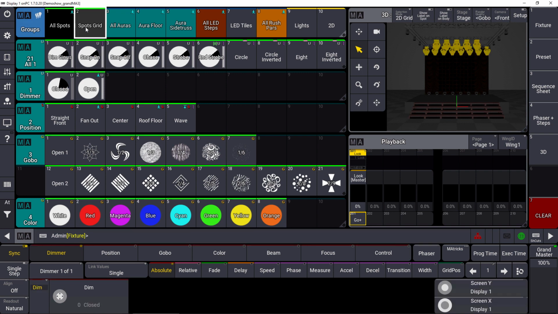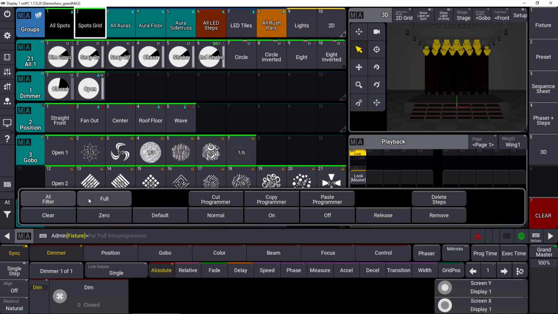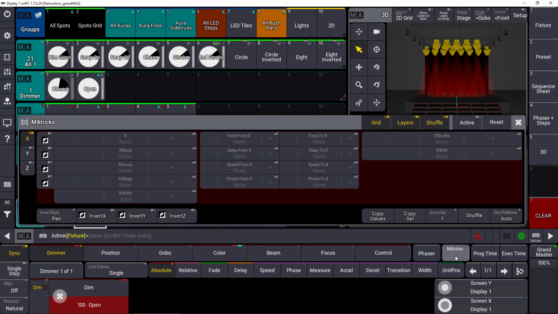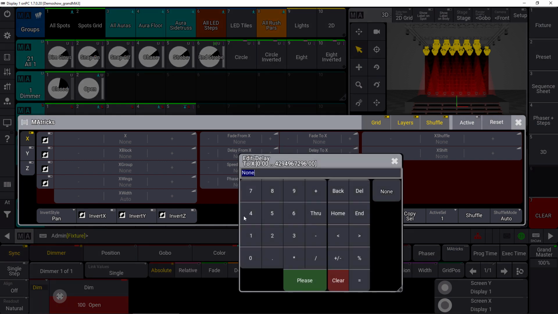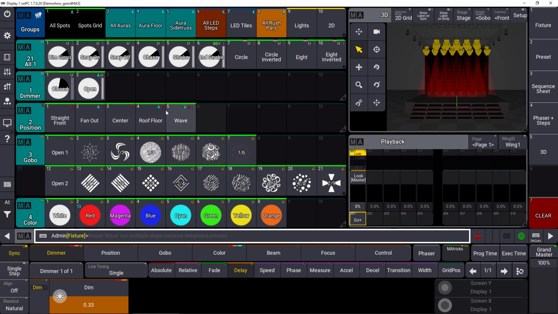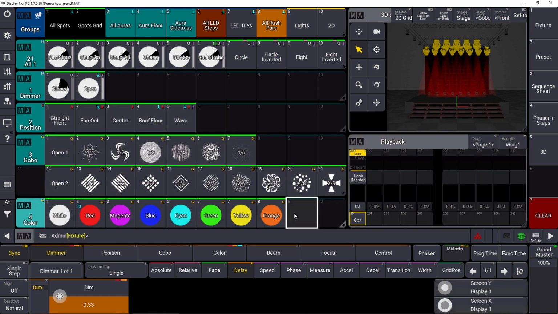We have our spots, we bring them to full, and we put a nice red color on it. Now we can use the MAtricks overlay. In the MAtricks overlay, we set a delay from 0 through 1, for example, and we have wings of 2. Then we store a new color preset. And you can see with the new indicator here, with this grid symbol, that the MAtricks are directly stored within